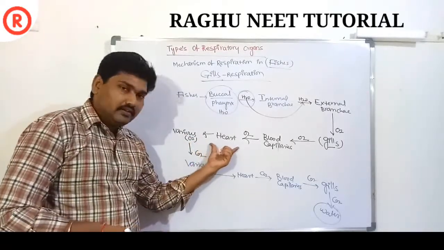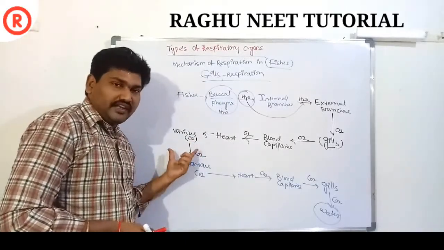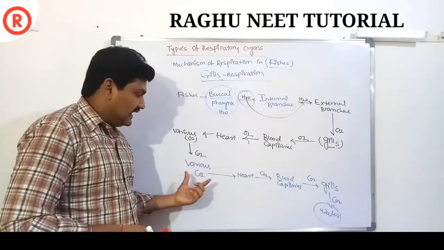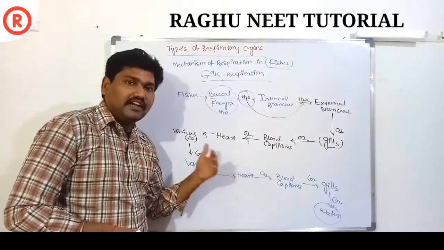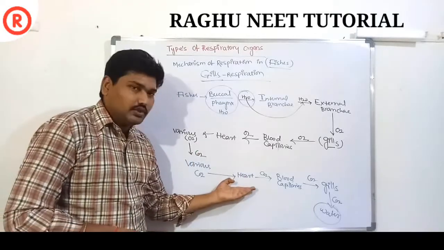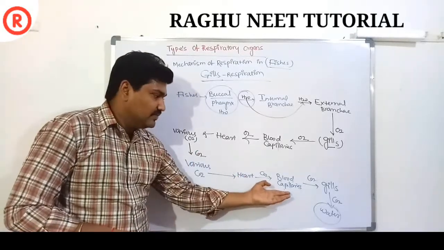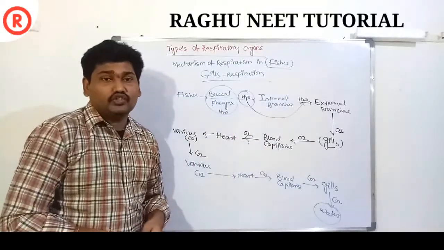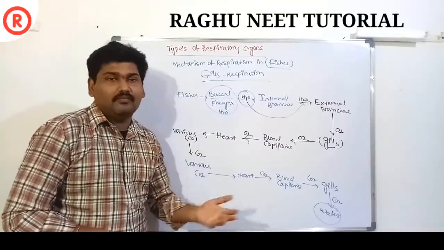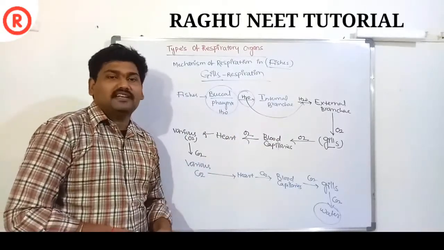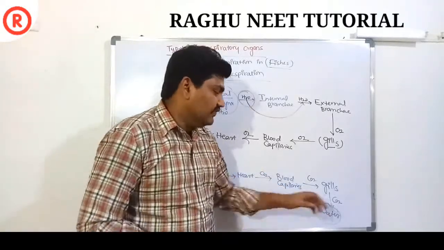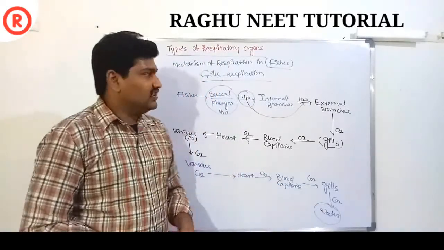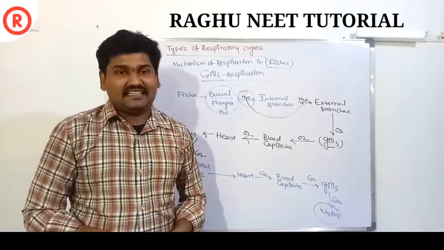So it is a venous heart. The various parts of the body utilize the oxygen and release deoxygenated blood, carbon dioxide. In the reverse process, it goes from the heart to the blood capillaries and again enters the gills. The gills are permeable to oxygen and carbon dioxide, releasing carbon dioxide into water and enabling the formation of bicarbonates. This is known as the mechanism of gill respiration.